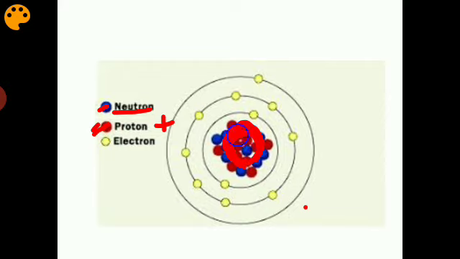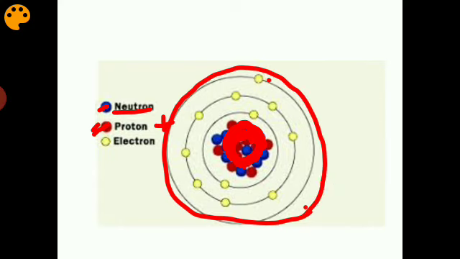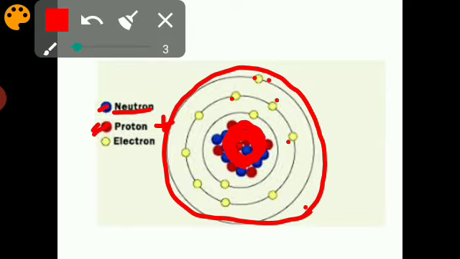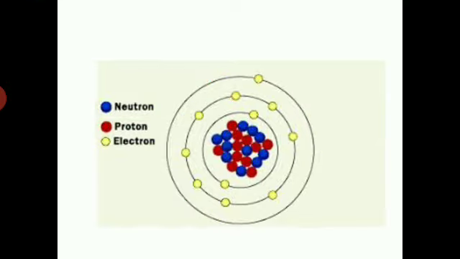That happens because the nucleus is positively charged and the electrons are negatively charged. So if we consider an atom as a whole, the central part is positively charged, which is the nucleus, and the surrounding negatively charged part, the electrons, will cancel that positive charge. So if we consider the nucleus alone, the nucleus is positively charged.